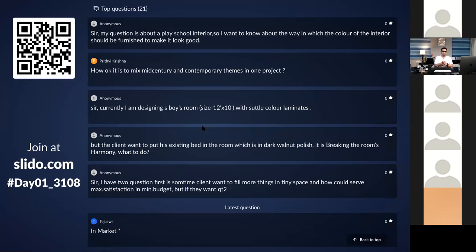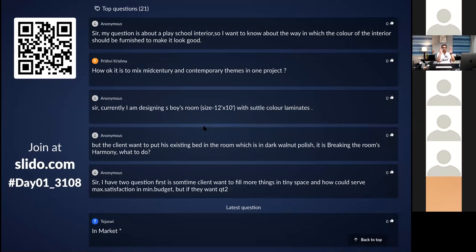Okay, so in these types of spaces we have to play with lights and materials, right? Yeah, you have to play with the light and material. Light is very important, because you want your walk-ins, whoever is walking in the store, to focus on the merchandise. That is where you win the game. If they are busy looking at the interiors, then your customer is going to lose the merchandise, right?